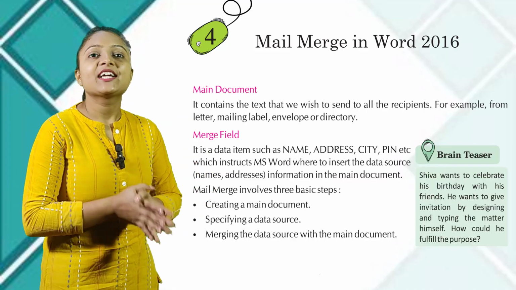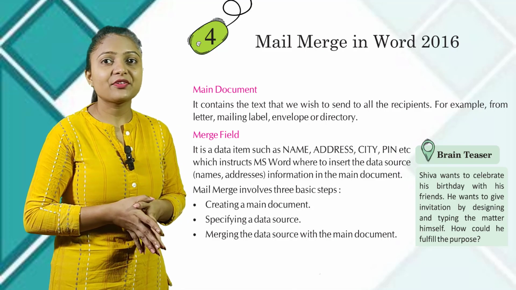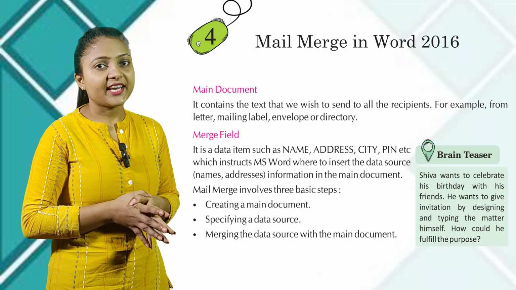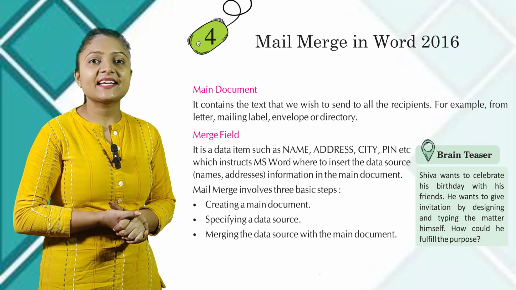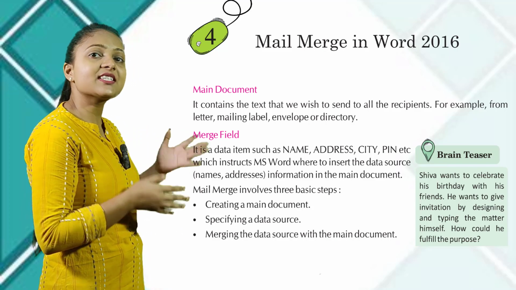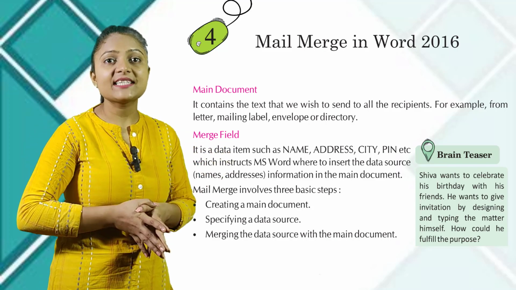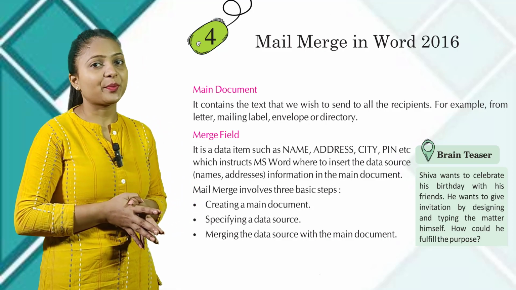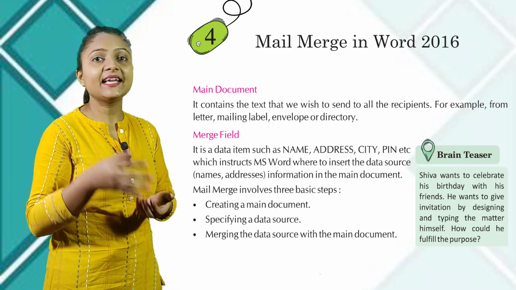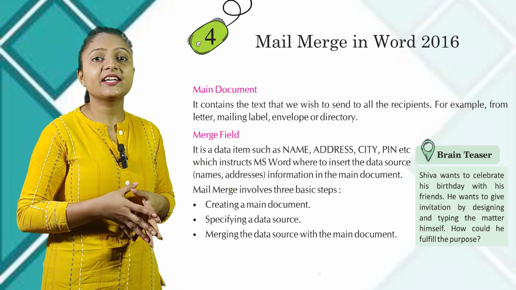Main document. It contains the text that we wish to send to all the recipients, for example, form letter, mailing label, envelope, or directory. Merge field. It is a data item such as name, address, city, PIN, etc., which instructs MS Word where to insert the data source names, address, information in the main document. Mail merge involves 3 basic steps: creating a main document, specifying a data source, merging the data source with the